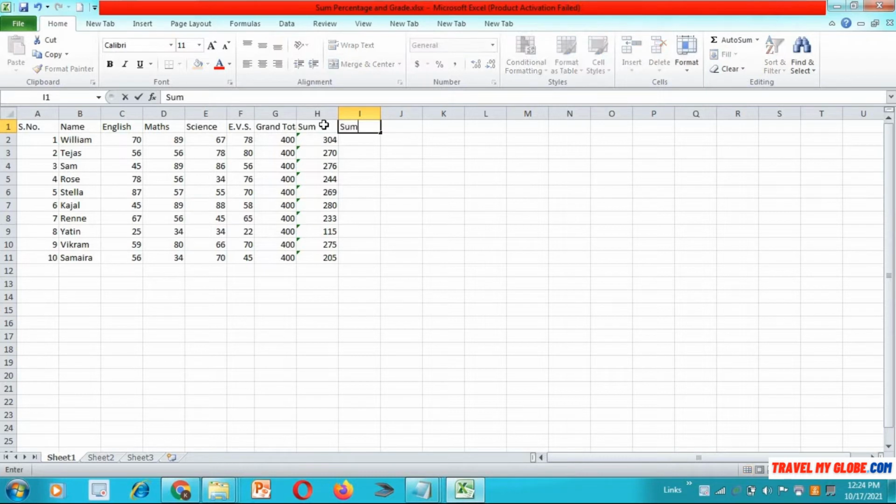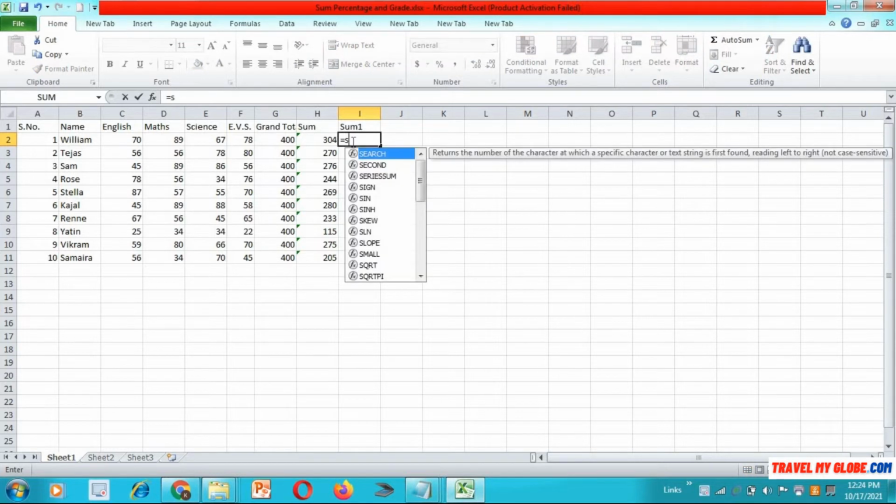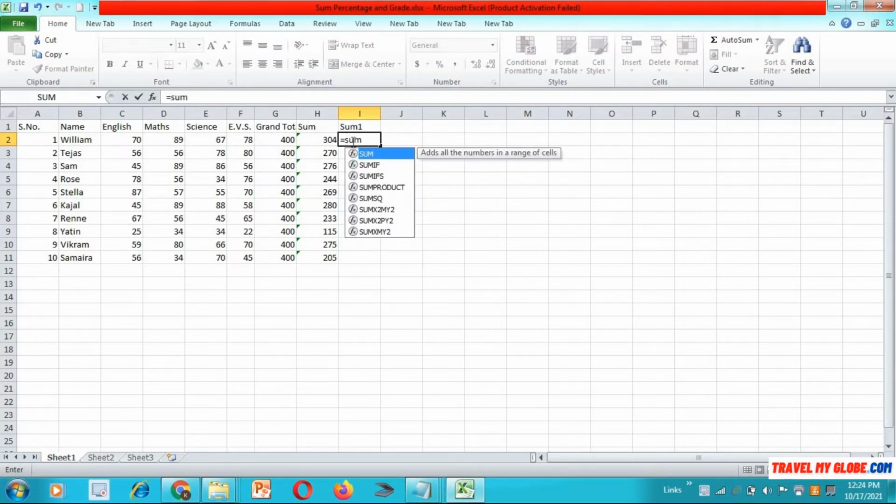The second type is you just simply type equal to, write SUM. This is a function of Microsoft Excel. Just put a bracket and number 1 means the cell you want to add.